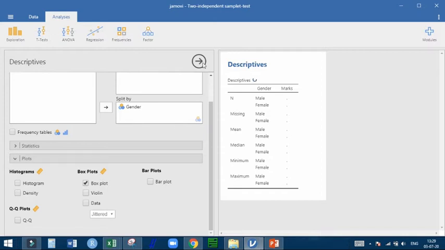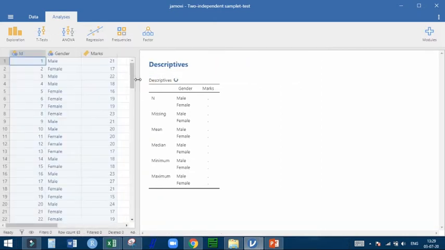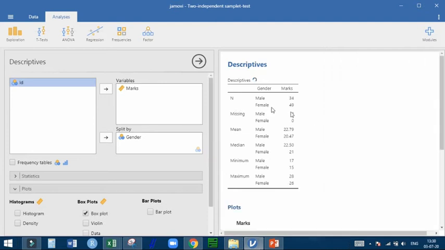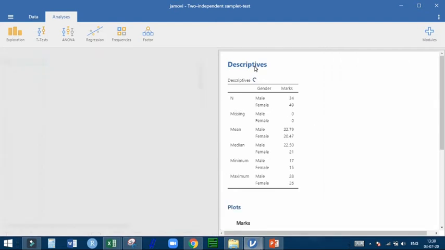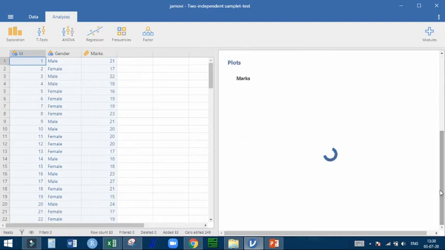Let's check in the output region. Jamovi is preparing the box plot for us. Let's wait. Yes, box plots are ready. You can see the box plot. It is taking some time.